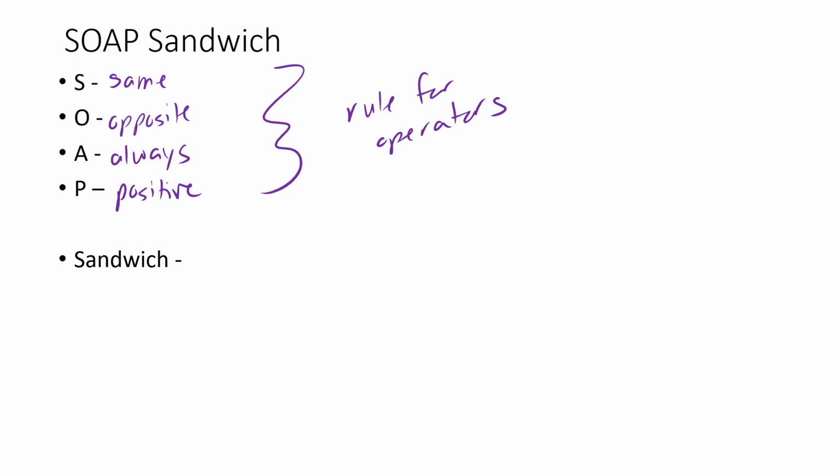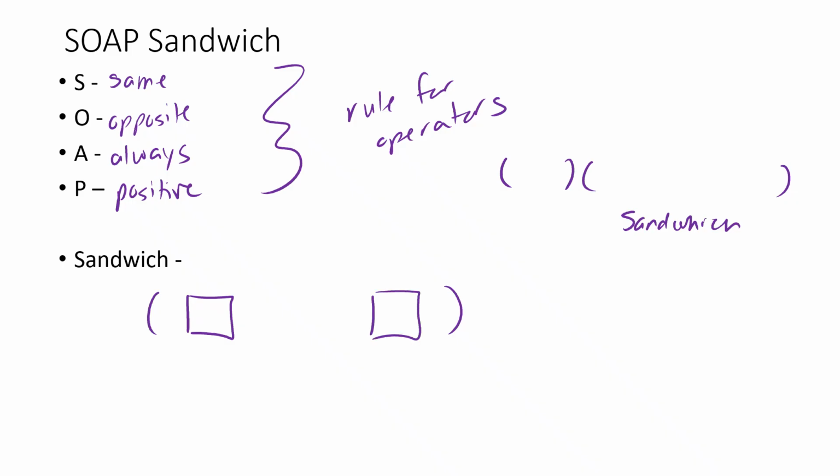And then the sandwich part is for the second set of parentheses. So we've got the smaller set and the larger set. This one over here is our sandwich. All right, and in the sandwich, we have a slice of bread, and slices of bread are square-ish typically. And so we might say square it, okay, and then square it. In other words, go pick up your two slices of bread. And then in the middle, we have our PB and